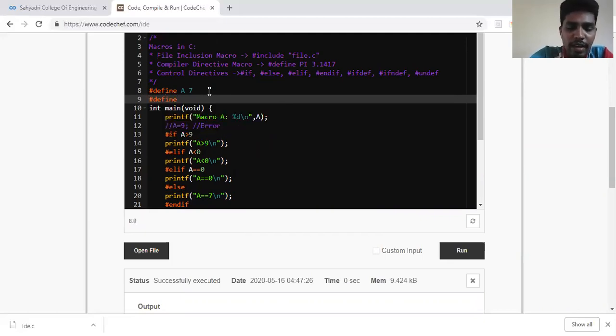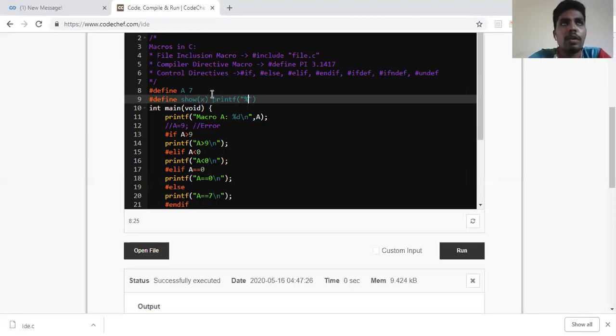So I can go for define. I can have a function defined here. So what I'll do here is I'll go for a function called show. I've written show. It takes a parameter x, and then I can write printf. Since it is a string or integer, whatever I want, I can print.